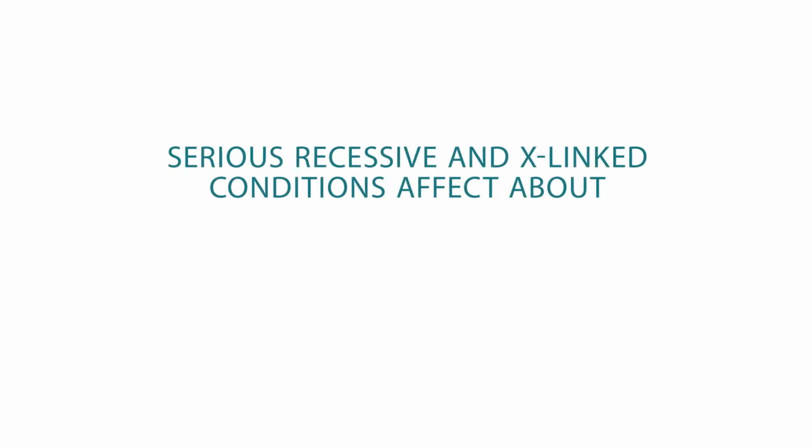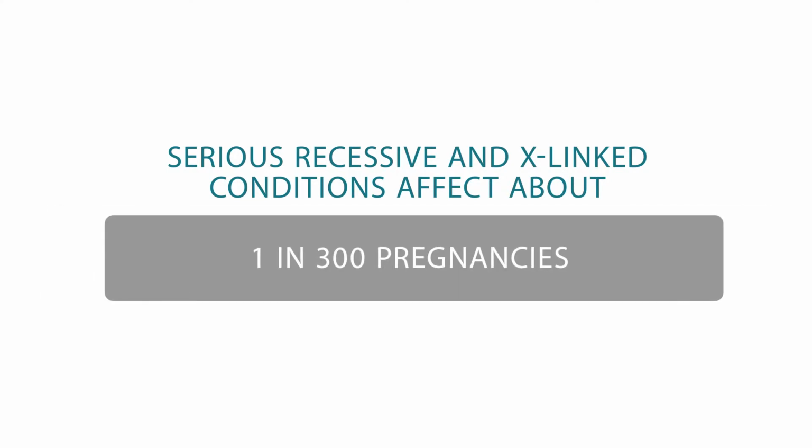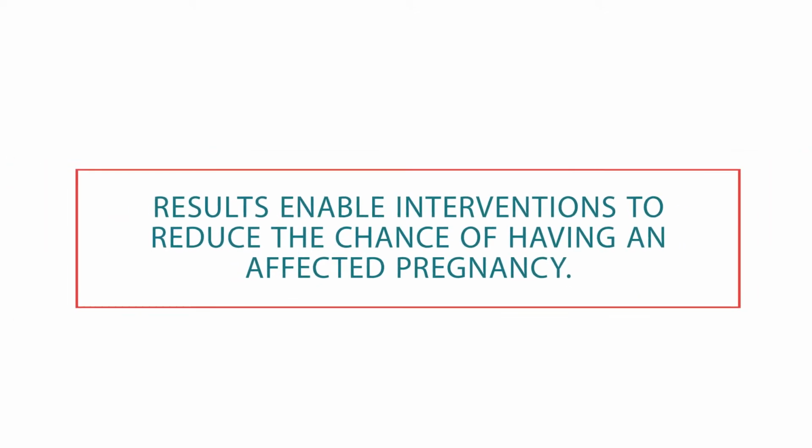Serious recessive and X-linked conditions affect about 1 in 300 pregnancies. Expanded carrier screening tests reproductive partners' carrier status for a large number of these conditions. When expanded carrier screening is done before a couple becomes pregnant, results enable interventions to reduce the chance of having